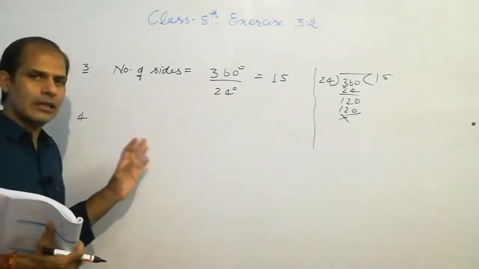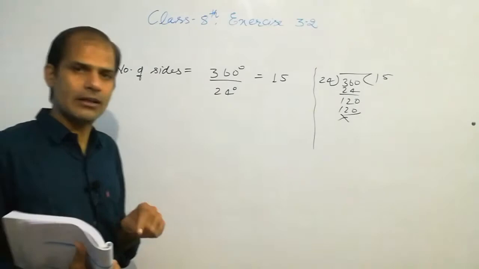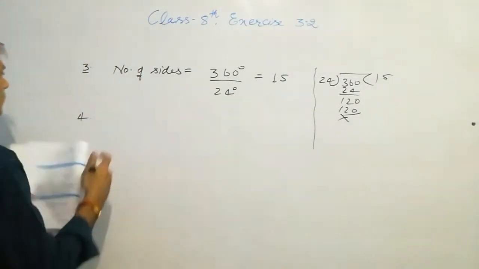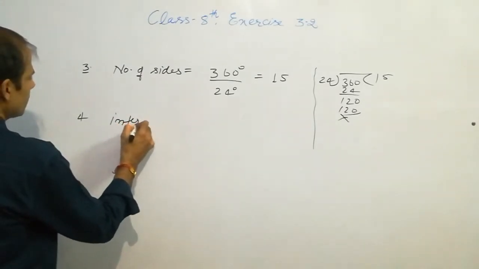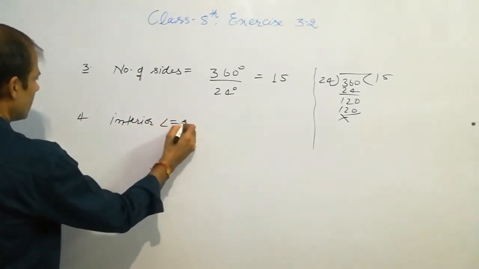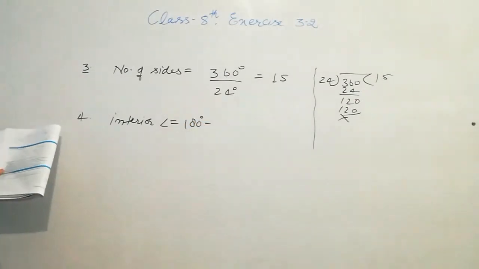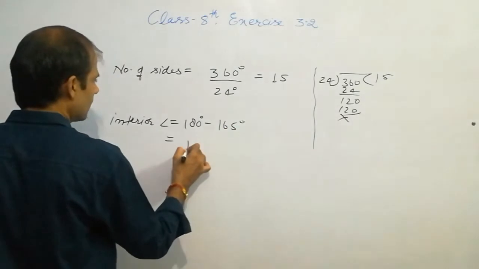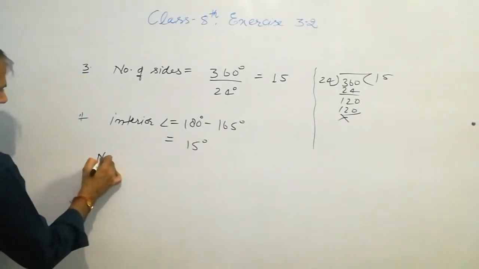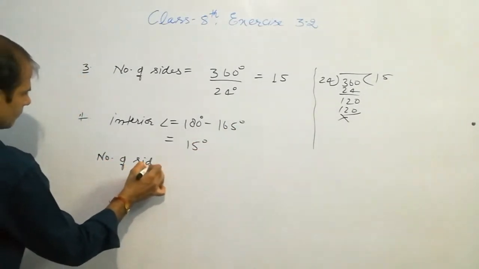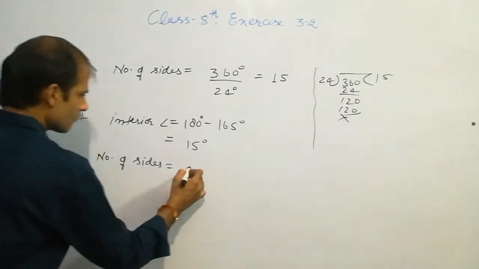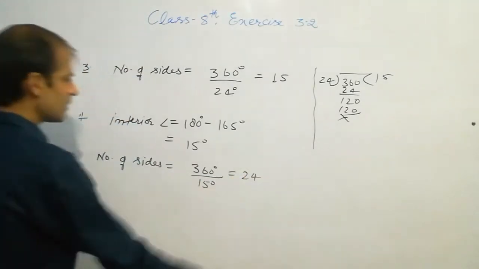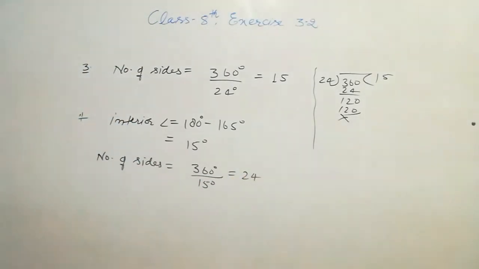तो अगर इंटीरियर एंगल गिवन है तो हम पहले उससे एक्सटीरियर एंगल फाइंड करेंगे, बिकॉज दोनों का सम जो होता है वो 180 डिग्री होता है. तो हम कहेंगे इंटीरियर एंगल इक्वल्स 180 डिग्री माइनस इट इज 165 and that is 15 degree. Now number of sides equals 360 degree upon 15 degree and obviously that will be 24. Okay,